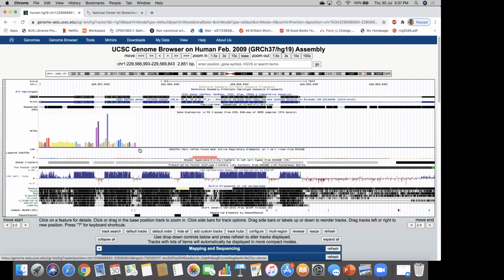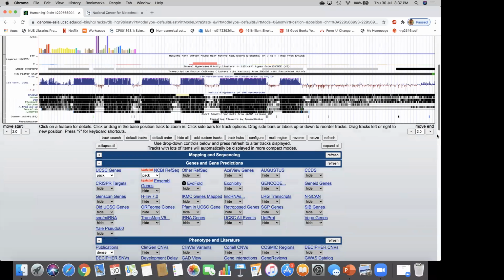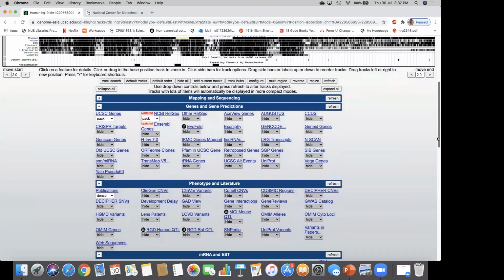When you click this color bar, here you can see the cell line at which the expression level of this gene. So if you want to go further, if you right click and press it, then you can get the cell line information. Okay, then if you scroll down further, okay, here you can see